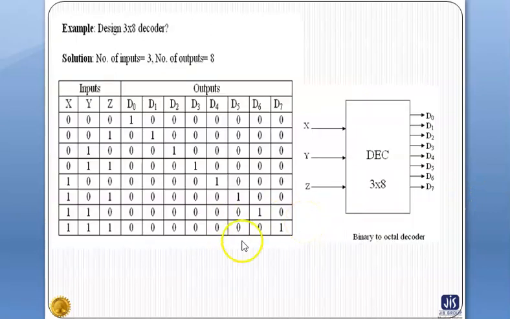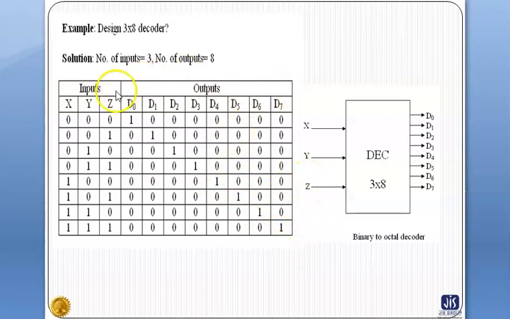It is another example. It is a binary to octal decoder circuit. Here there are 3 input lines and 8 output lines. As an example, suppose the input is 1 0 0, then only the D4 line will be active, other lines will be 0.